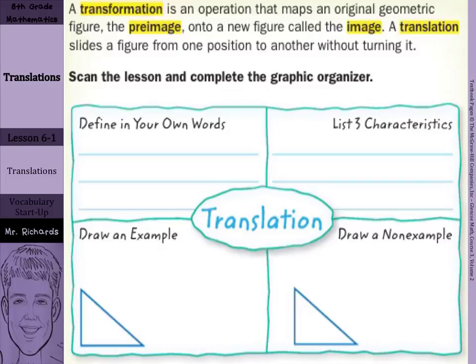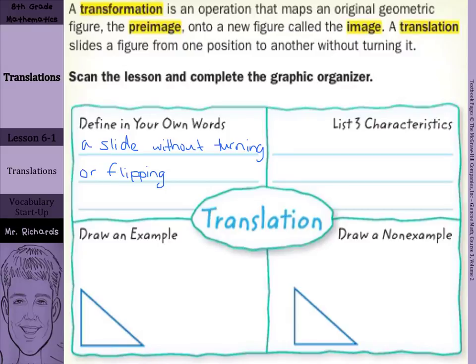Now, if you were to scan this lesson and complete this graphic organizer on translations, hopefully you would find these things. If we were to define this in our own words, a translation is a slide without turning or flipping. Hopefully you can remember, or you'll learn later in this chapter, that turning is a rotation and flipping is a